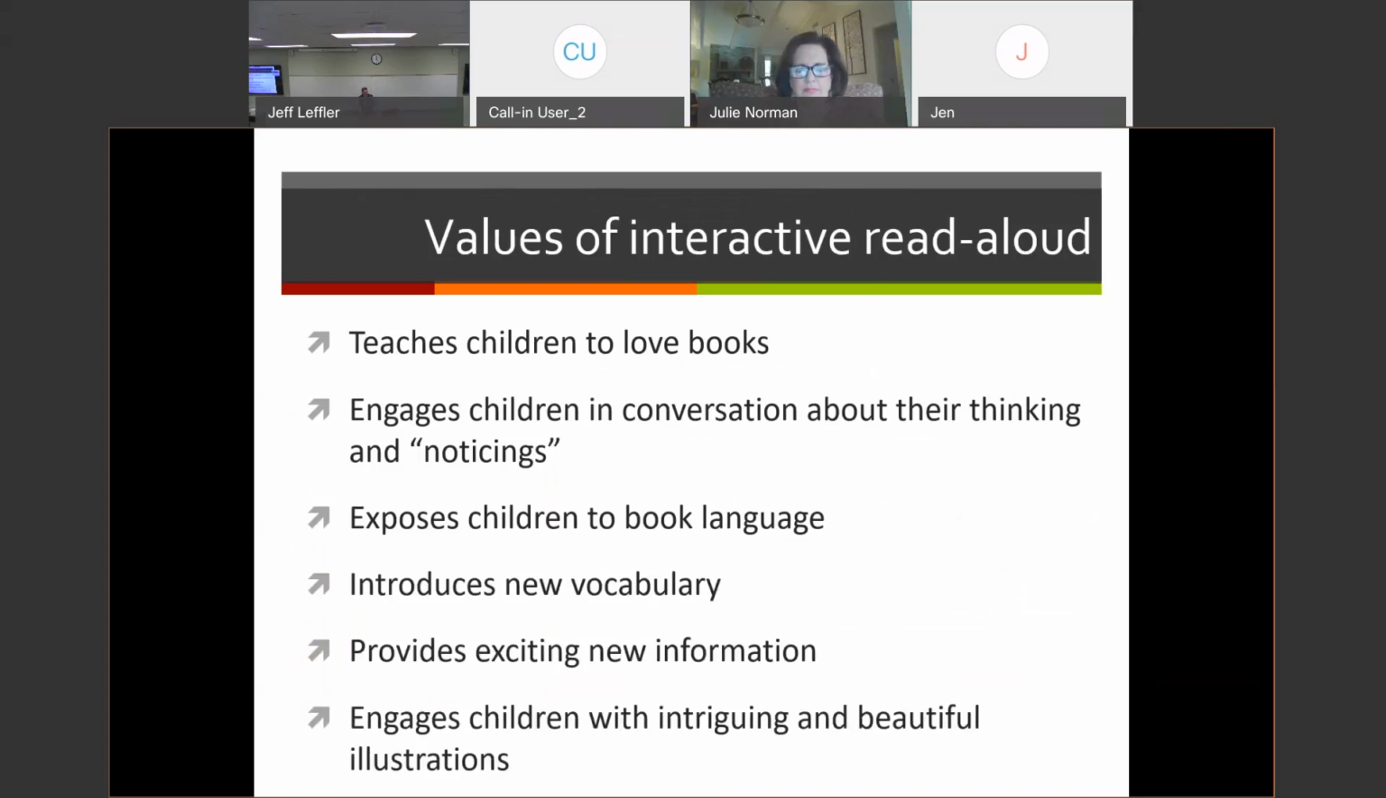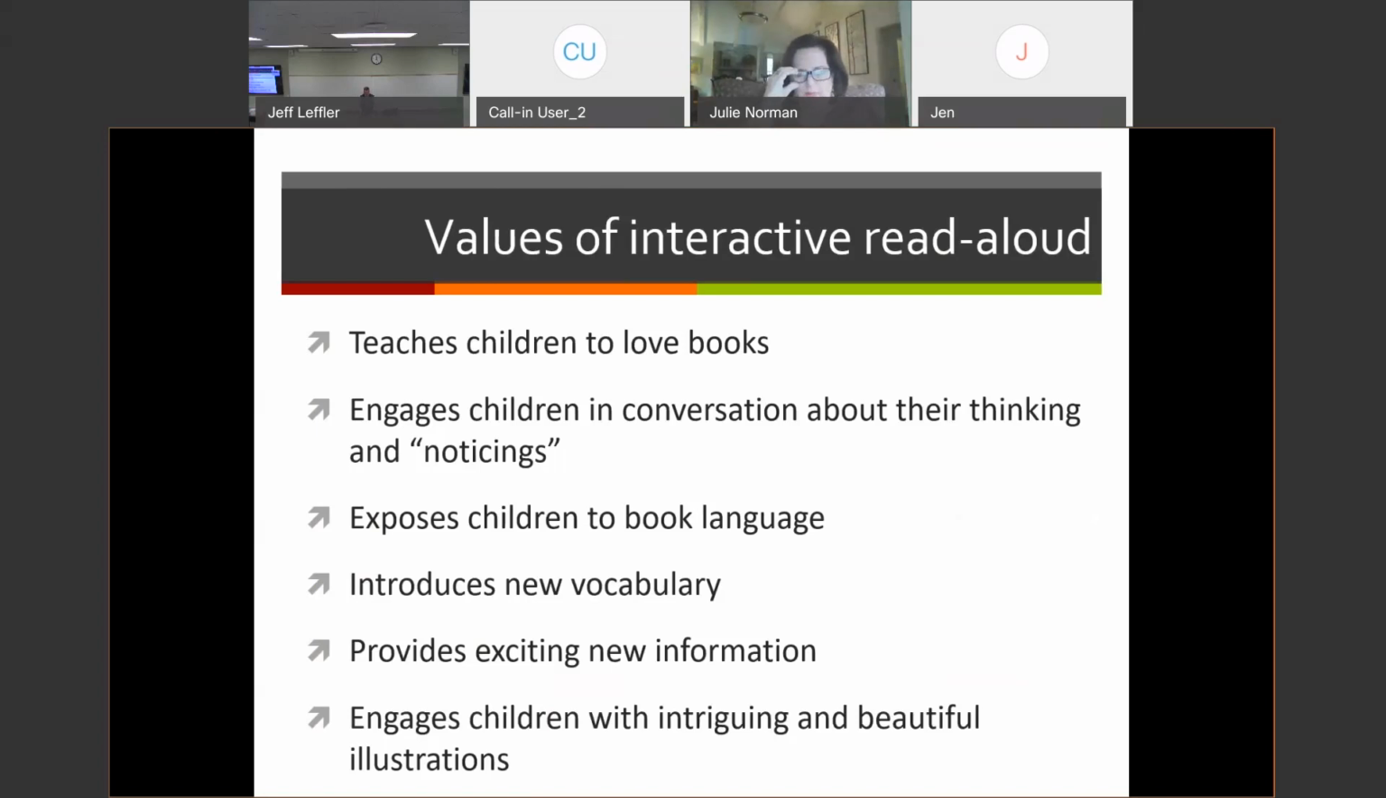So the values of interactive read aloud: it teaches children to love books because they see you reading and they're reading. It's that emotional connection. It engages children in conversation about their thinking and their noticing. As you're interacting, they're thinking about what you're thinking about, and then they'll go back and do afterwards what you've modeled. It exposes children to that book language, introduces new vocabulary, provides new information, and engages children with